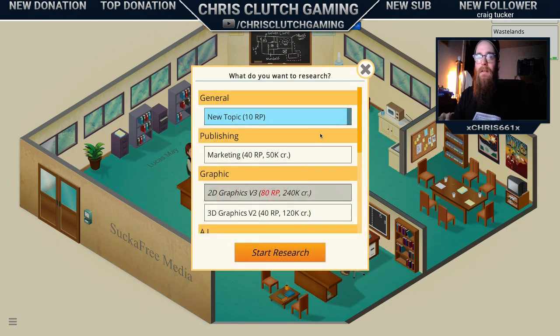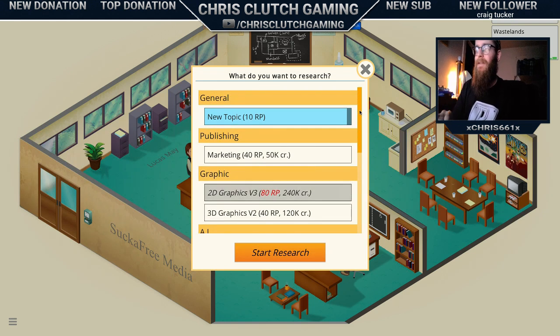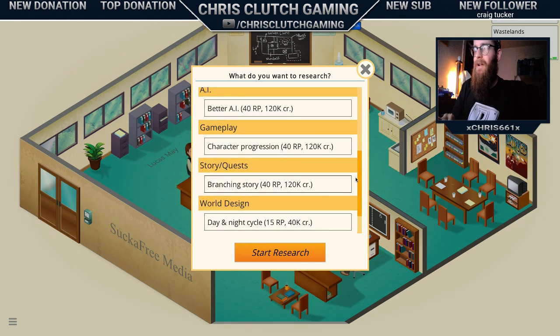And then I am actually playing on my MacBook. Like I said, this is a super simple game. It doesn't really take much storage or crazy CPU or GPU, and it runs on Mac. So I'm playing on my MacBook, streaming it with my Elgato on my PC. So I have that all set up. And then as you can see, you can research more stuff. Character progression, so then you can create a new engine with character progression. It adds more